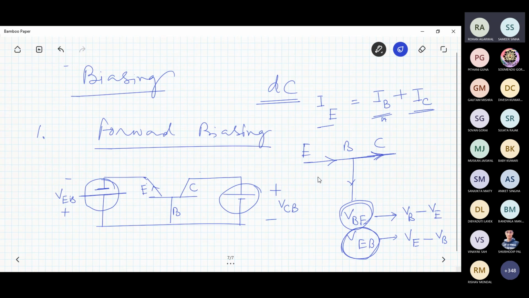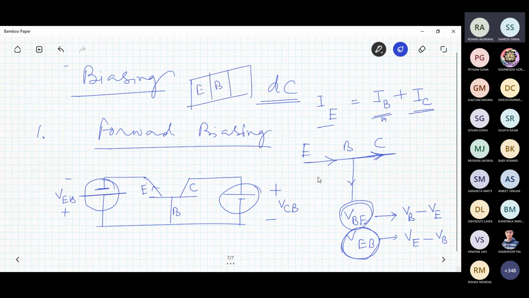More positive, I have told. I have never told positive, because you will find both are at negative voltage. You have to find out which one is more positive compared to the other. This is called forward biasing. So current will be allowed. Why? Because